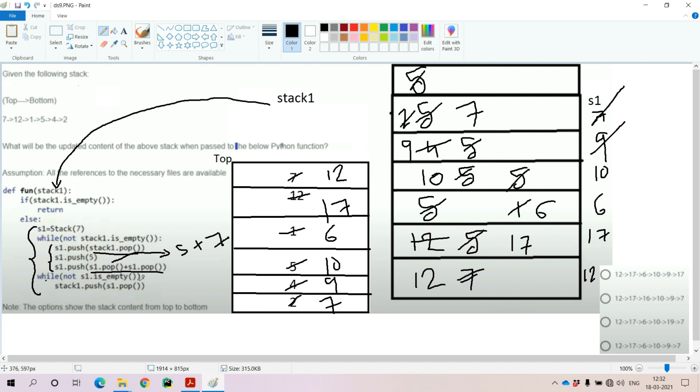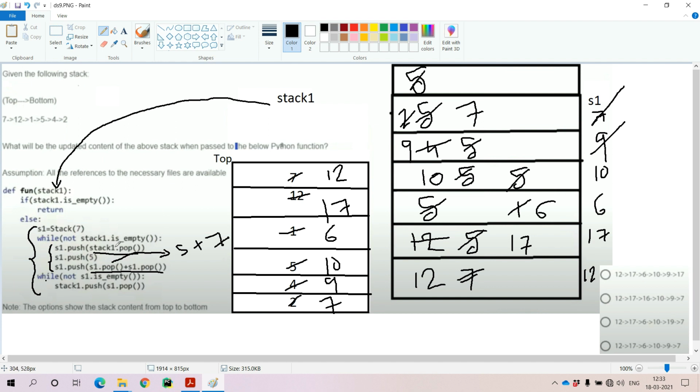Now these are the elements that are available in the stack 1 at the end of this entire function. We are simply trying to pop all the elements from the stack 1 and insert all those elements into the stack 1 itself. It is the input stack. We are trying to convert all the stack 1 elements into the input stack, stack 1.